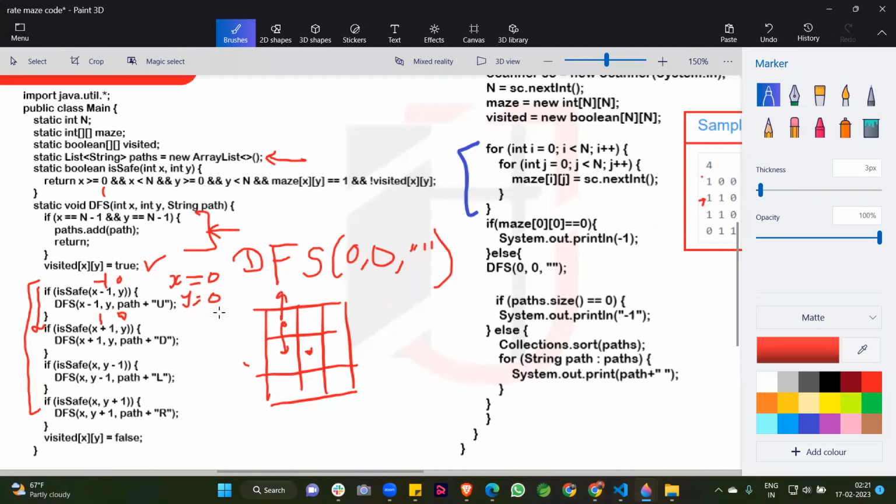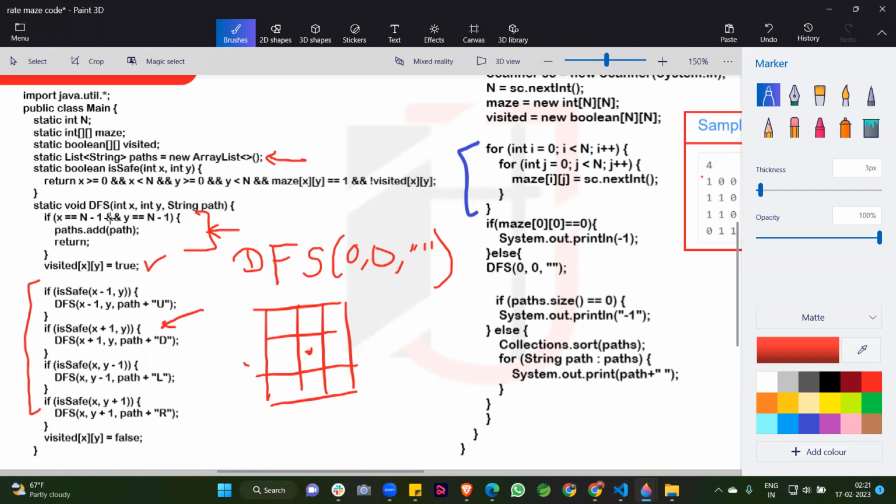When this if condition returns the true value, what will happen, guys? I am removing this for better understanding. We successfully achieve this if condition, so we come to this position. You can see this is our recursive call.